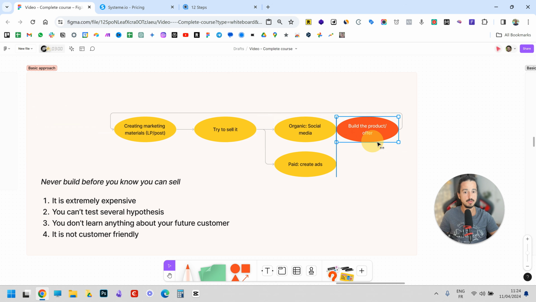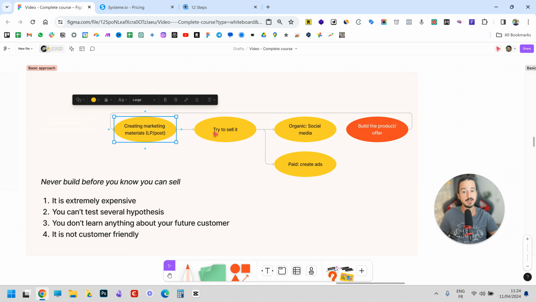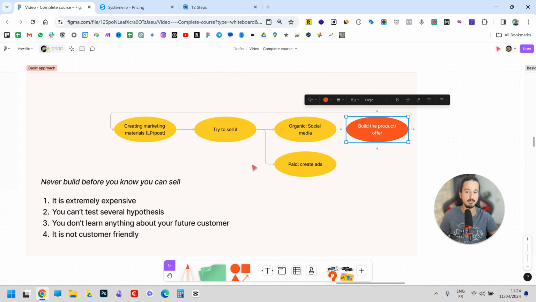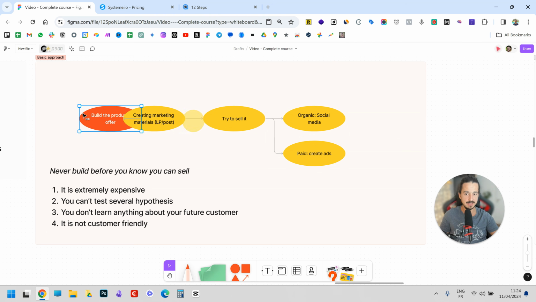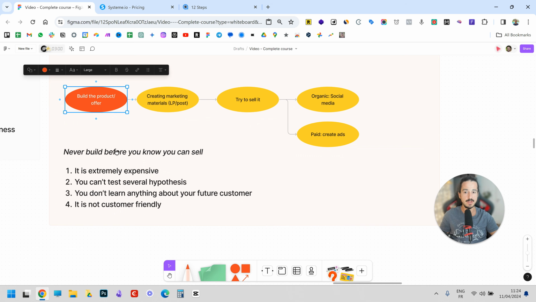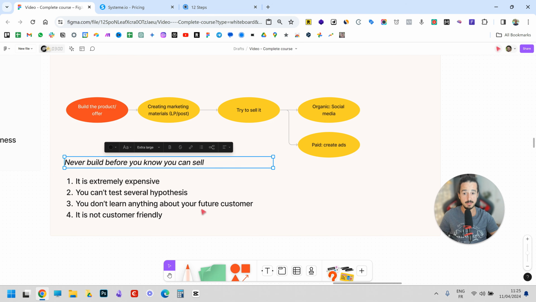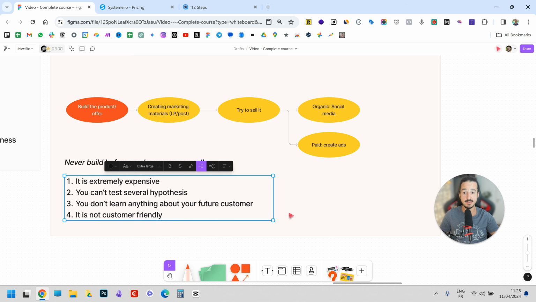The smartest people would do something like that. They would create the marketing assets, try to sell it, and then after build the product. It's better already, but still you are always working with a complete product. I would say never build before you know you can sell, because it's extremely expensive. You can't test